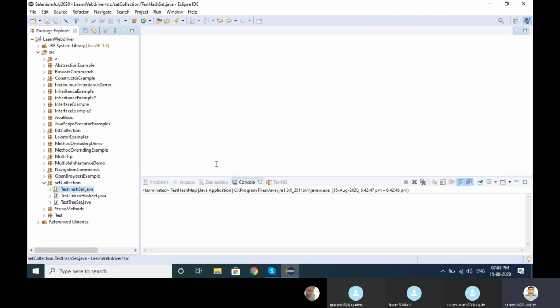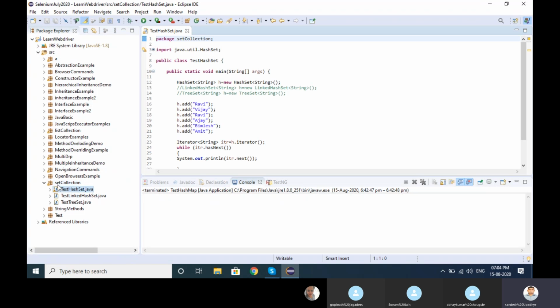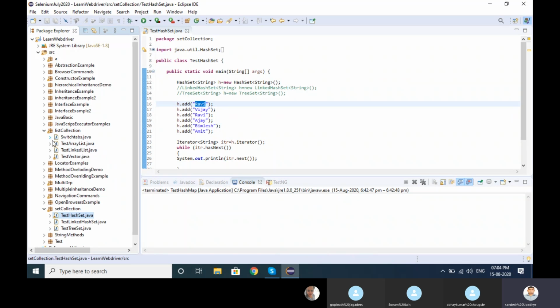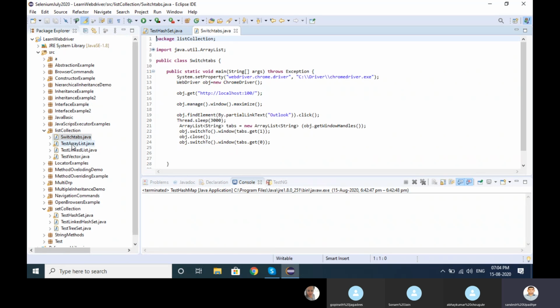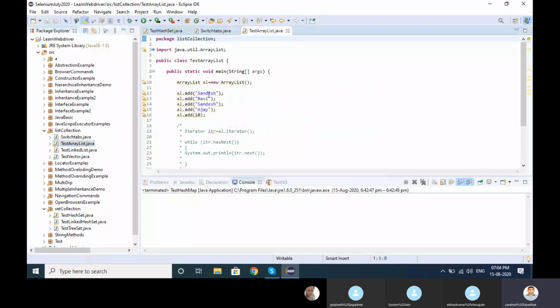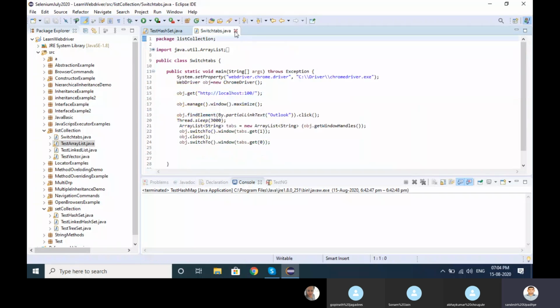If we see here what happened with collection, set, or list, we took only one value. Okay, h.add(1), we can add only one value. In a map, that is called a key-value. Here also we did the same thing; we add only one value. But one more collection is there, that is called a map.